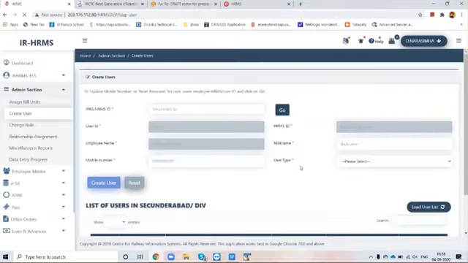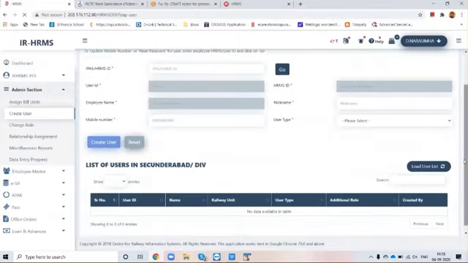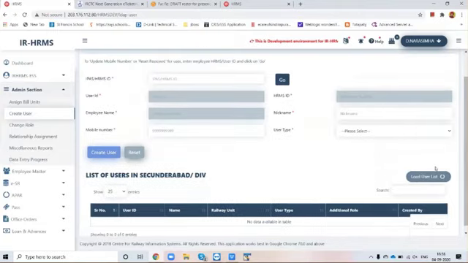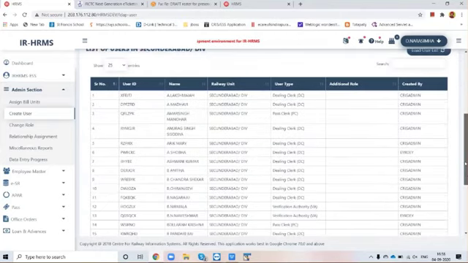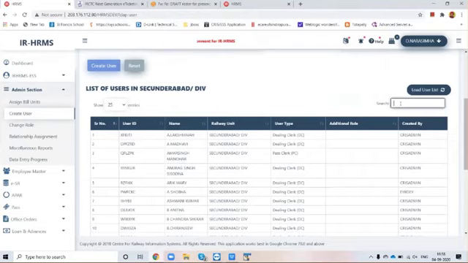and on the right side there is a button called load user list. All users, specific users will be listed out here. Just type pass in the search box.